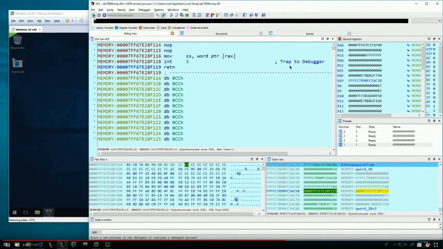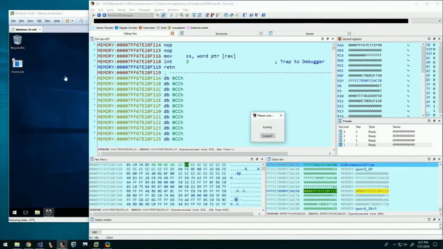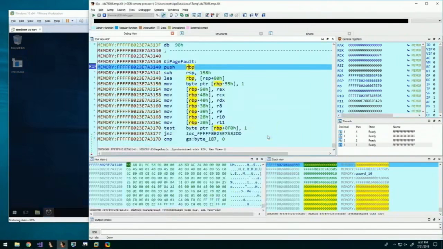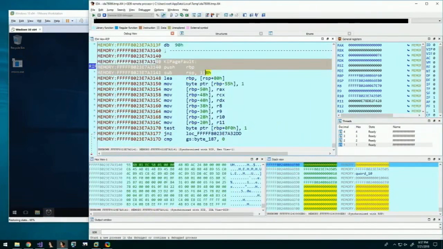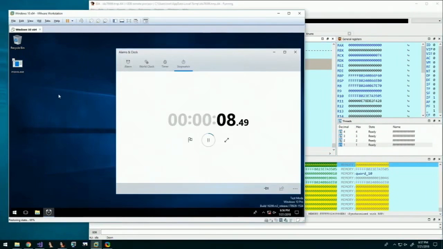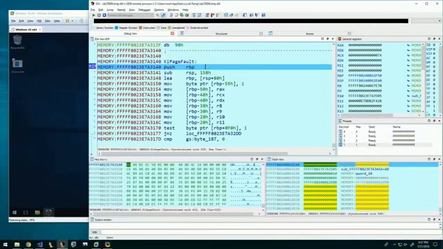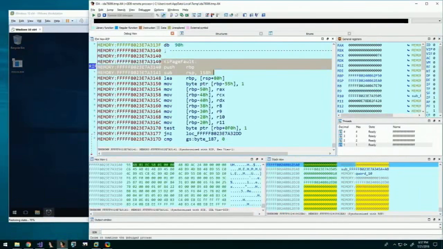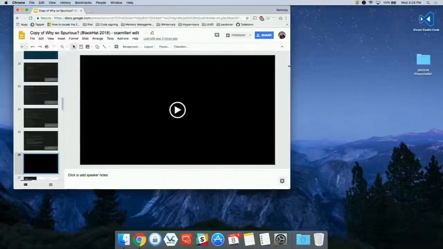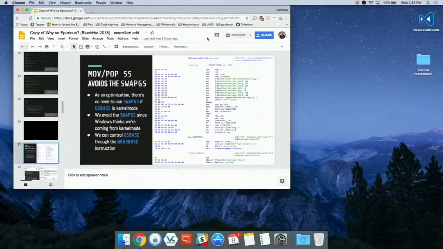And now if I resume the operating system, it's hosed. It's not going to continue at all. It's stuck at 8 seconds. If I break in, I'll be stuck in a perpetual page faulting loop. So the machine is essentially not going to progress anymore. If I keep breaking into it, you'll see that it's still stuck at that same point in code. So we have successfully caused the machine to deadlock by just executing 2 assembly instructions. Pretty crazy. So let's continue with that.